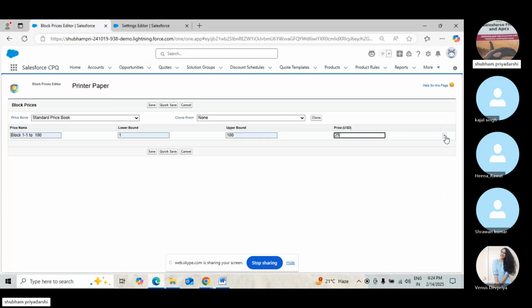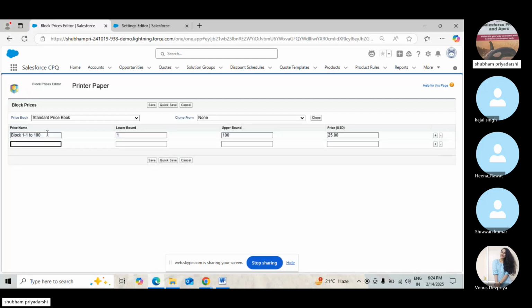So $25, and then once you click on the plus icon, the new row will get created. You see. Now again, call me at the time. 100 and then